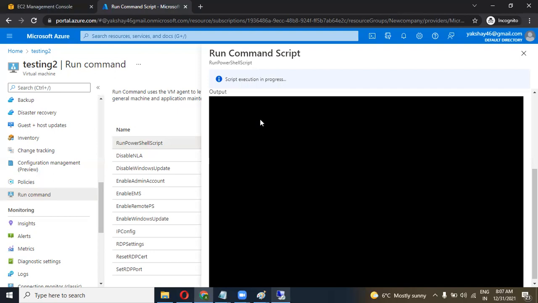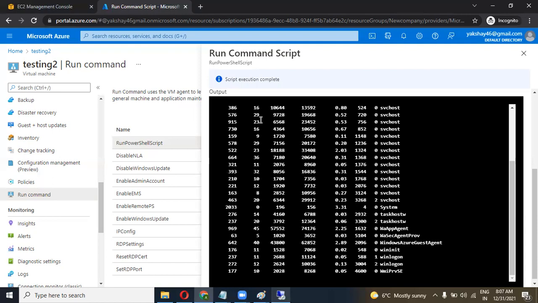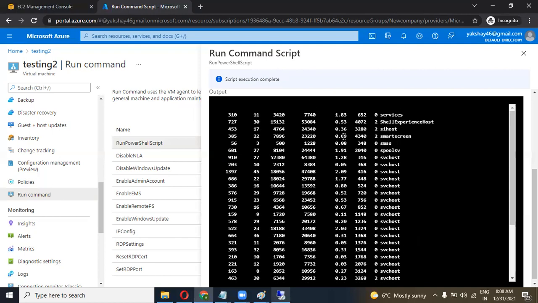And you can also run a PowerShell script here. You can also add features over here without logging in. Right now, I have access to my full cloud console, so I can do that. But if you are working in a company, you might not have access to RDP or the cloud console, so you can use this run command tool or the PowerShell scripts. You can install anything through the PowerShell scripts.